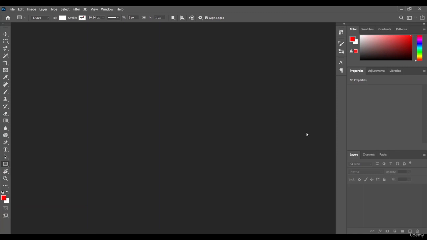Hello everyone. In this lesson we are going to learn about the gradient. You must follow this lesson properly because when you work on stylizing your text in Photoshop or on graphic design, you must apply gradient properly in Photoshop, because if you can combine